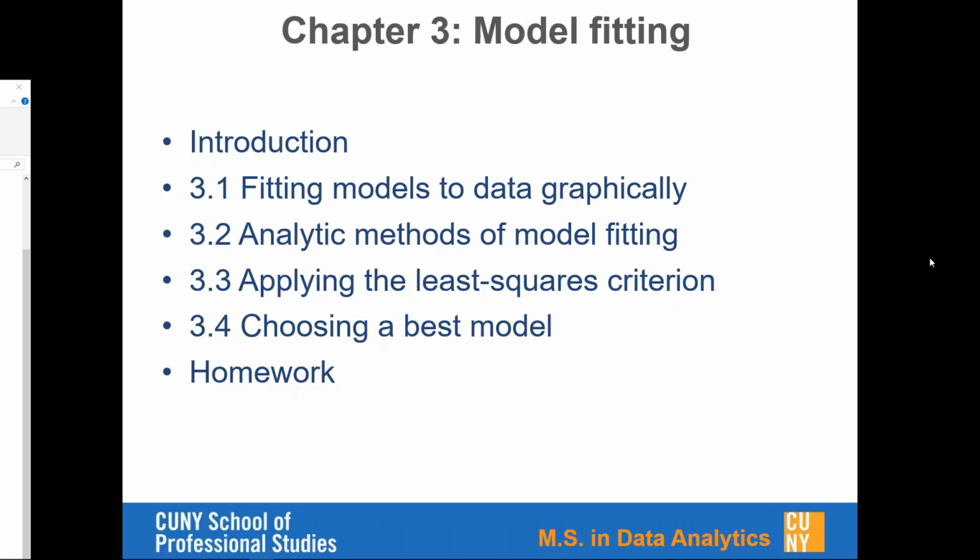And then in this particular chapter, the key thing that we really want to touch upon is 3.3, how to apply the least square criteria, and 3.4, choosing a best model. Here I want to further elaborate a little bit more for 3.4, how to choose a best model,